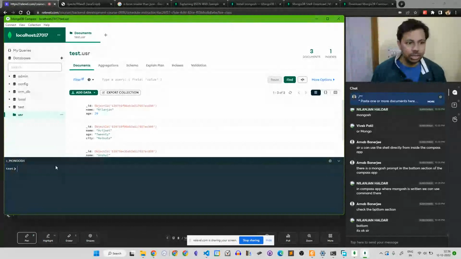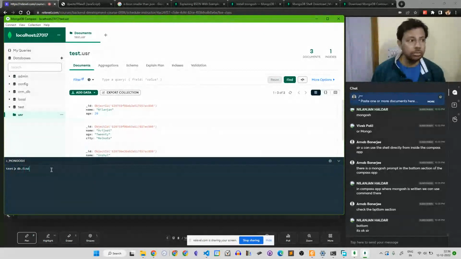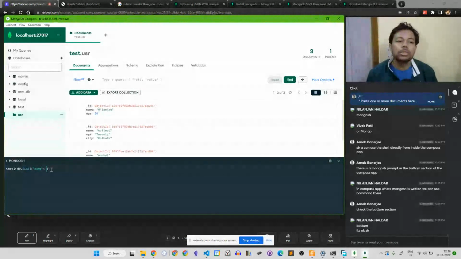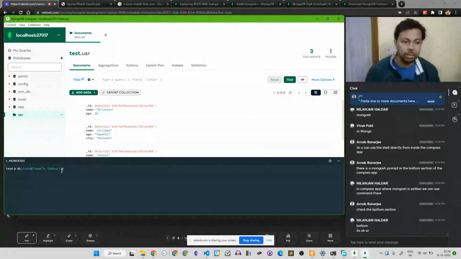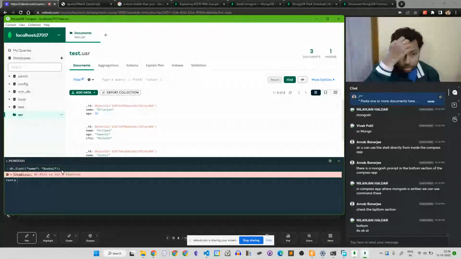If you want to find all the names, you can do db dot find, and then in db dot find you can send a script which is maybe name, say Anshul. Find the data which has name as Anshul. A should be kept capital, n should be kept small. And if I run this, find all.